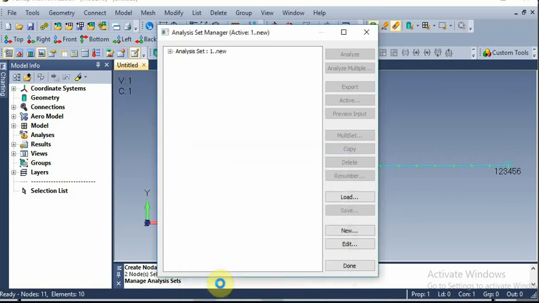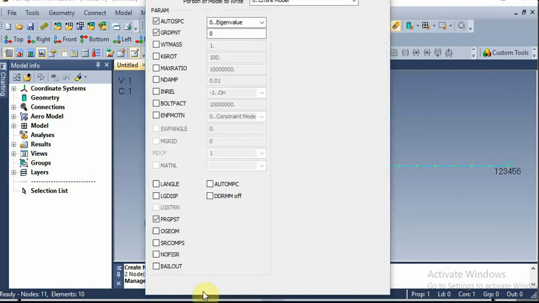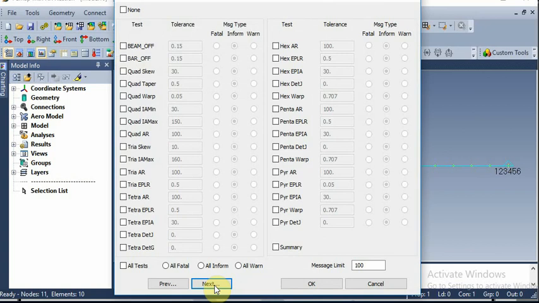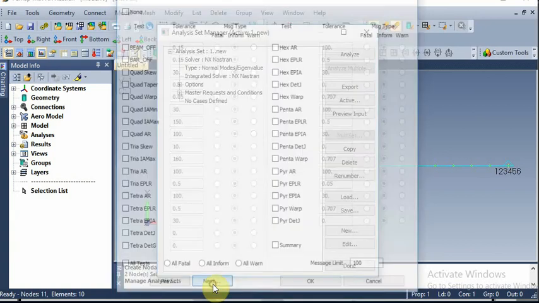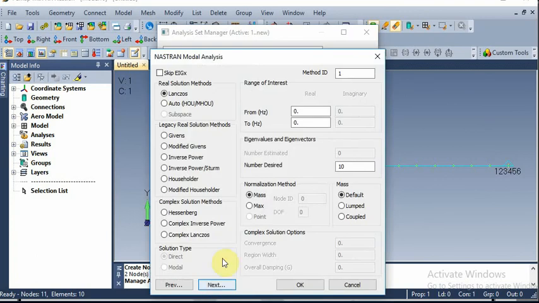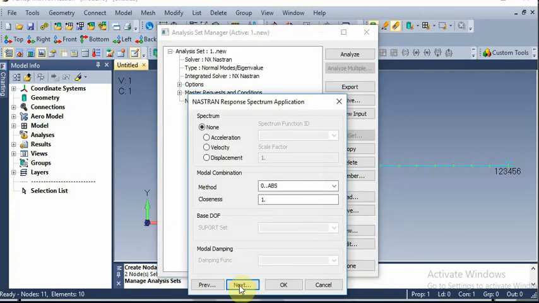Give next and keep on clicking next. Here the eigenvalue vector number by default is 10. If you want, we can change it. Continue, next, next, next.